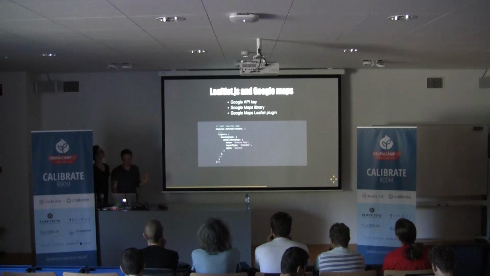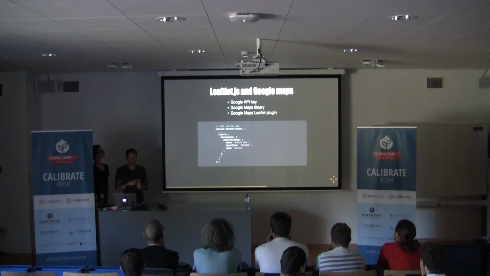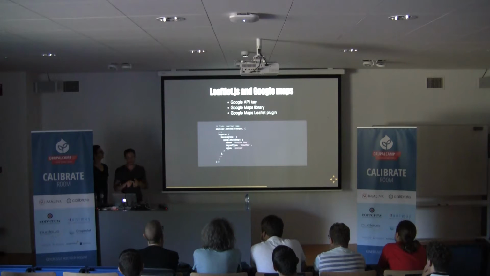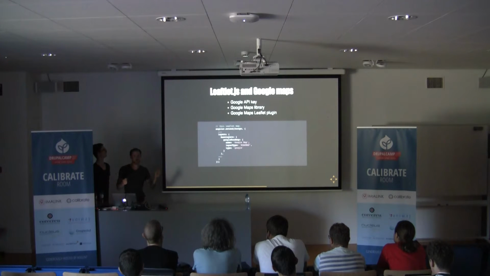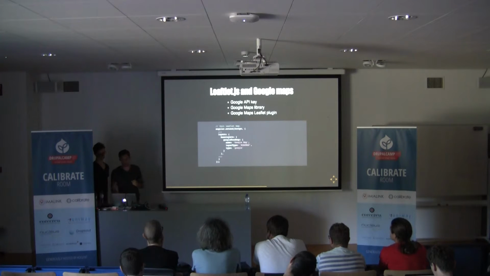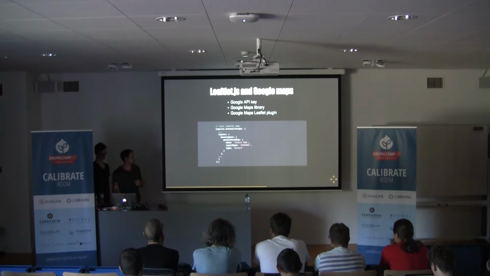The first plugin we used with Leaflet is the Google Maps Leaflet plugin. First of all, you need a Google API key, of course. You have to include the Google Maps library, which we did in our libraries YAML file. And you need to include the Google Maps Leaflet plugin, which connects the Google library with Leaflet, of course. Also included in your libraries YAML file. And then you can initialize your